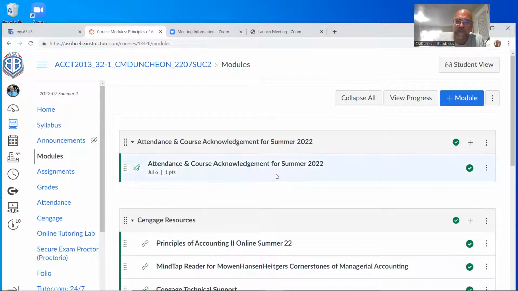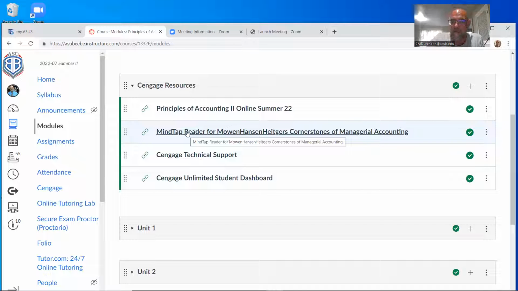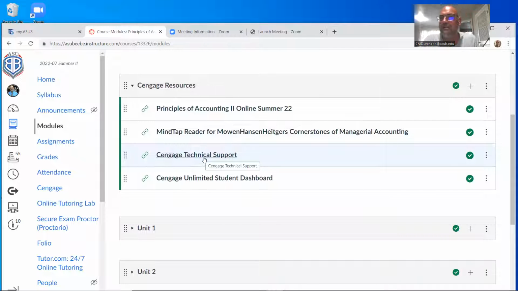Then we have our Cengage resources. In the Cengage resources, this is the link you're going to use to actually register to the class. You will see that when you watch the Register for Cengage video. Then anytime you come back here, if you just want to read the book, this link is going to take you right to the textbook. If you have issues with Cengage, it's 10 o'clock at night, you can't log in, you don't know what's going on, you email me. I'm not going to be able to do anything technical with Cengage. It's exactly where I'm going to direct you, is to say, contact Cengage technical support. So please reach out to them before you come to me.